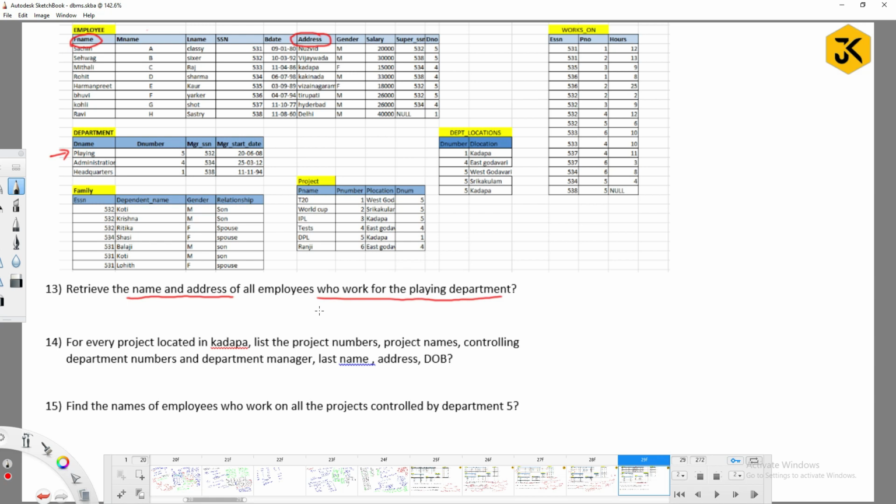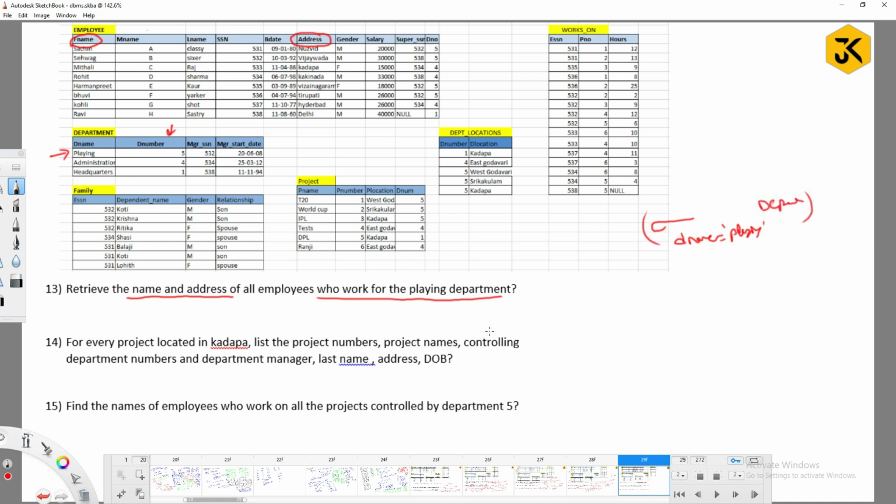Right? If you are going to go with the join operation, on what can you join? Because the common thing between these two is what? Department number. See, SSN is there, but this SSN is different from that SSN. This is manager SSN, this is normal SSN. So you can go with the department number. So first what I can do? I would like to find out the department number. Can I find it out? Yes. Department name equal to playing, from which relation? Department. I can do this.